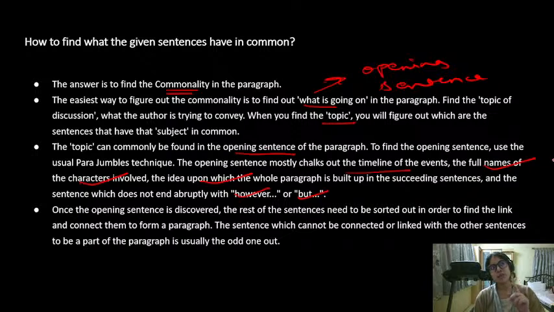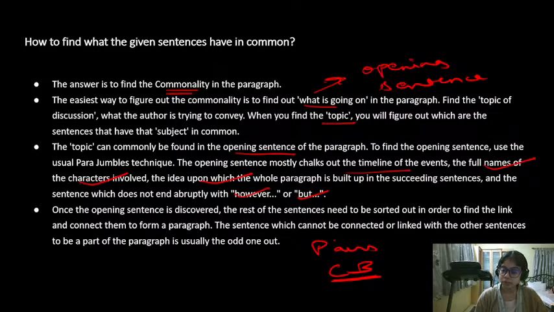अभी जब क्रोनोलॉजी पूछा ही नहीं है डालने को, तो क्यों मैं क्रोनोलॉजी सॉर्ट करूं? You might be wondering. See, the chronology will help you if you recall the last session. ठीक है, लास्ट सेशन में हम लोग पेयर्स बनाते थे. लास्ट सेशन यानी पैराजम्बल्स के सेशन में हम लोग पेयर्स बनाते थे कि सी और बी साथ में ही जाएंगे, ए और डी साथ में ही जाएंगे. ठीक है, क्योंकि इन दोनों में ये कॉमन है. फिर ई ओपनर है तो इधर आएगा, या ई एग्जाम्पल है तो इधर आ जाएगा, या ई कंक्लूजन है तो